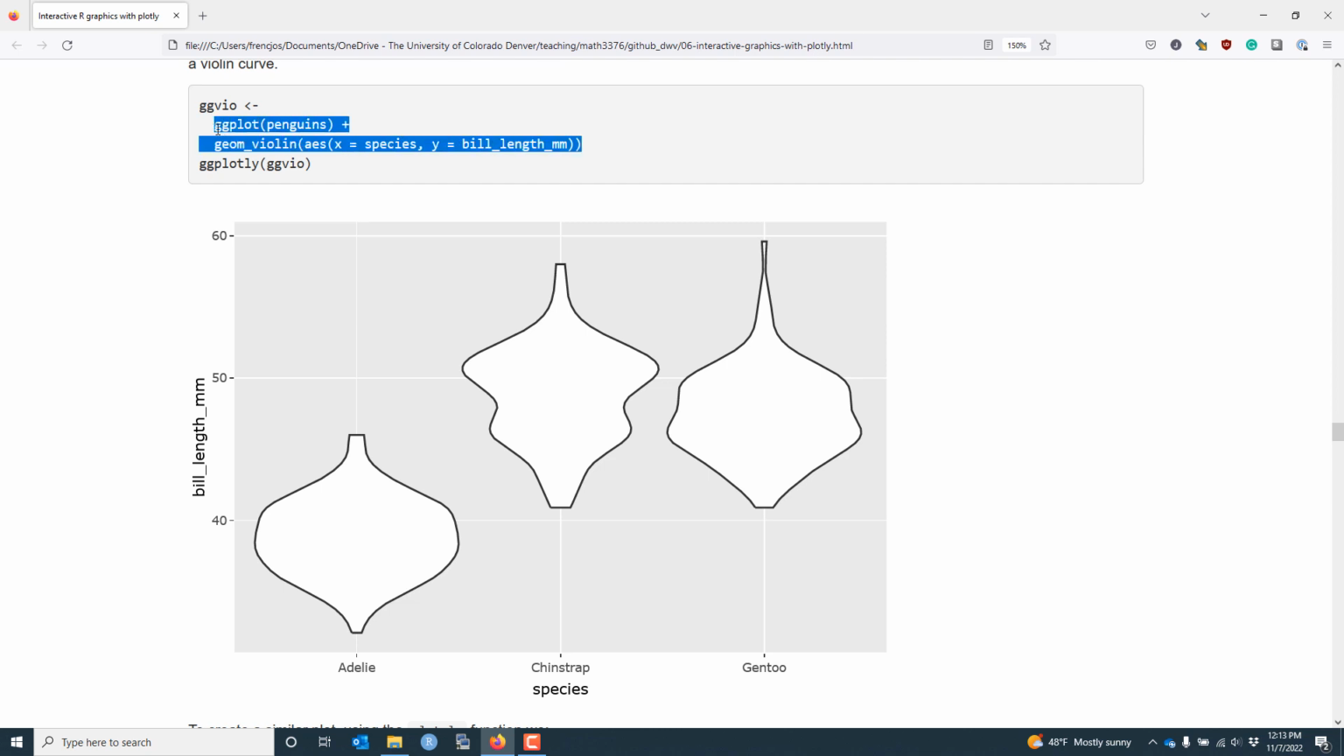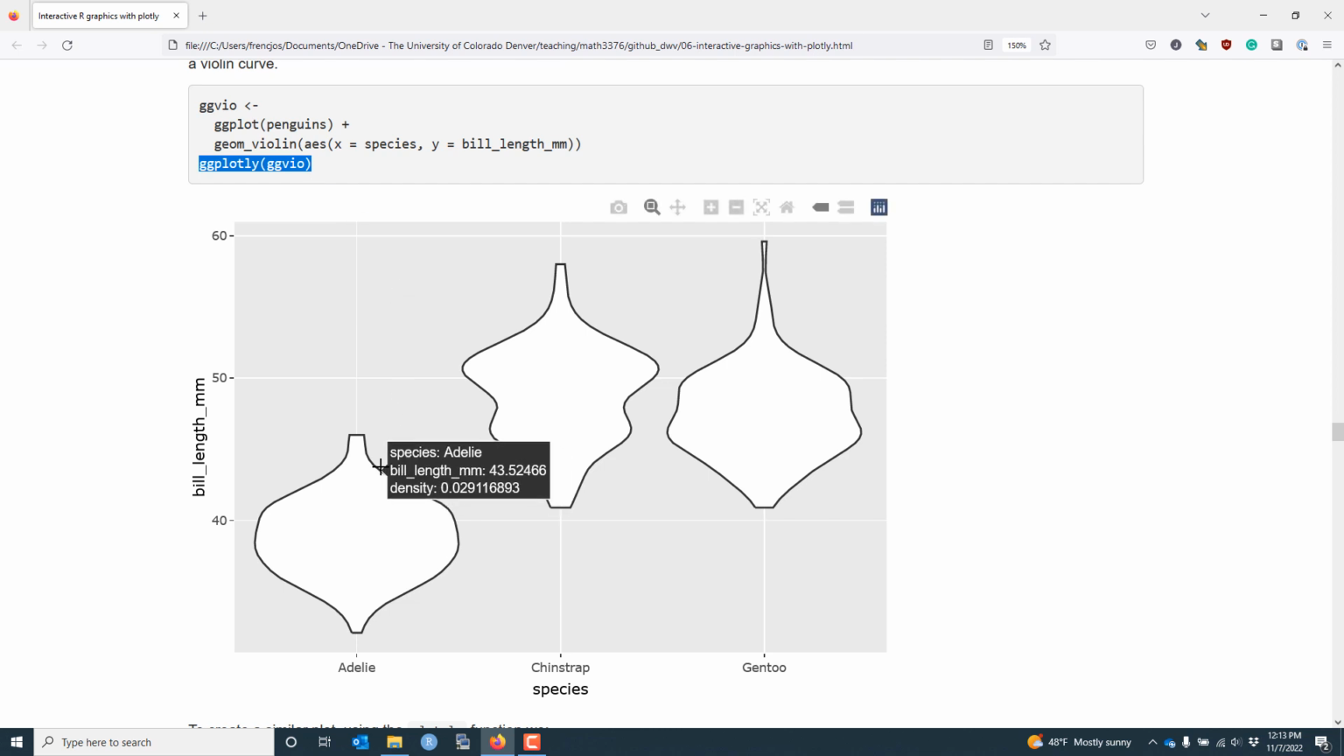We then assign the violin plots the name ggvio and use the ggplotly function to make the violin plots interactive. That produces the graphic below. When we hover over any one of the violin plots, then we can see the species associated with each violin plot, and then at this particular cursor position, the bill length is